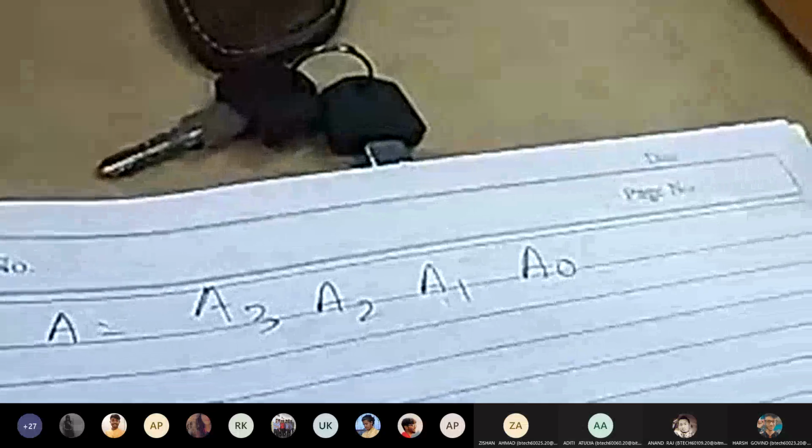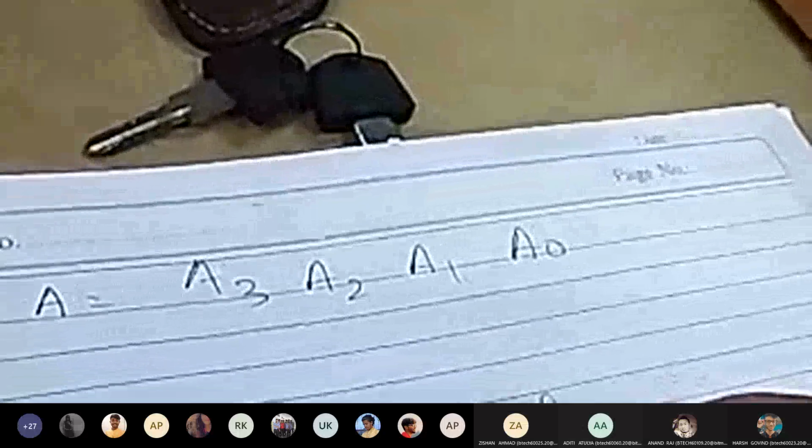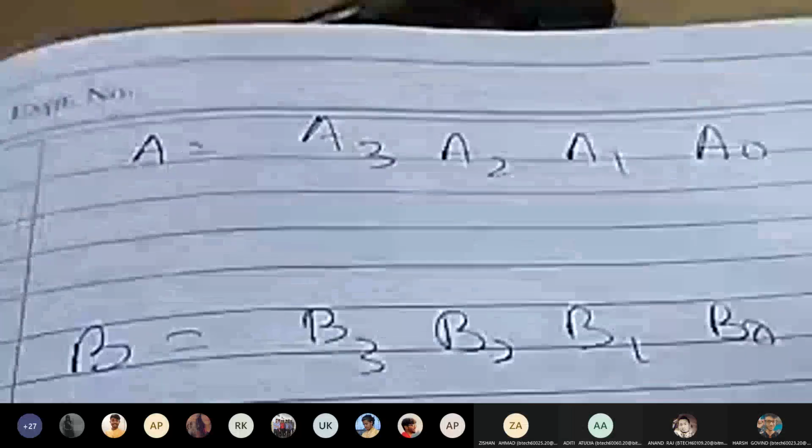Sanjeev ji. Any of you tell me the value for A. Wait, I'm writing here: A3, A2, A1, A0. And here it is B: B3, B2, B1, and B0. Today, Ayush Raj will tell me the value for A. Ayush Raj, are you there? Yes or no? Ayush Raj, are you there?